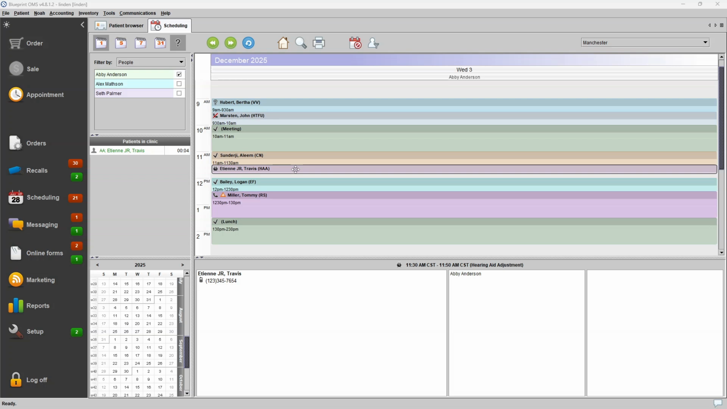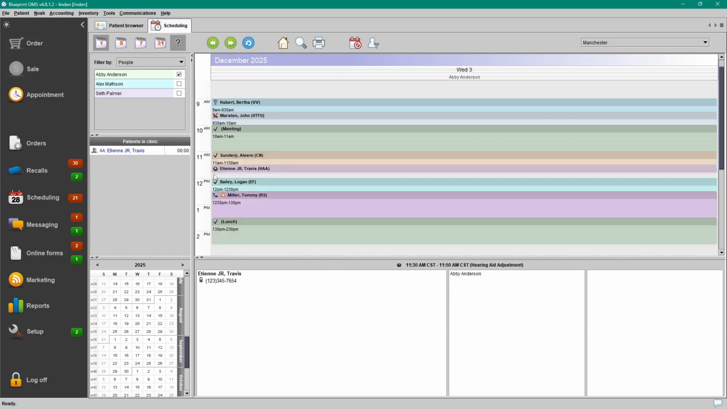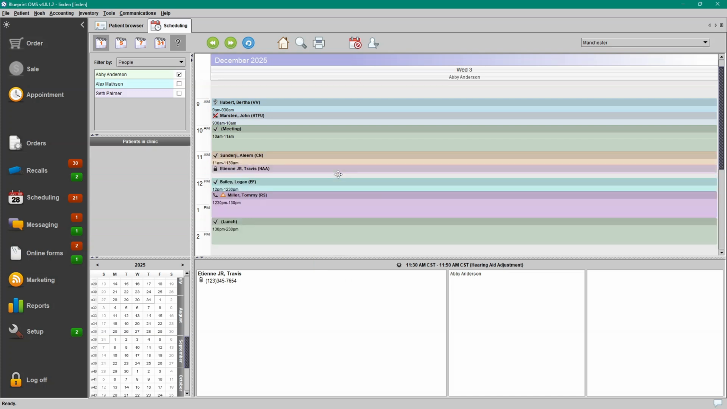Once the patient's appointment has started, you'll need to right-click the event to mark the appointment in progress. You'll see the event icon change, the color in the Patients in Clinic panel change, and the timer reset. This timer now indicates how long the patient has actively been in the appointment. When the appointment is finished, you'll right-click the event a final time and mark them as completed. This will show a lock icon, and if this is ever red, that means a linked journal entry is required,